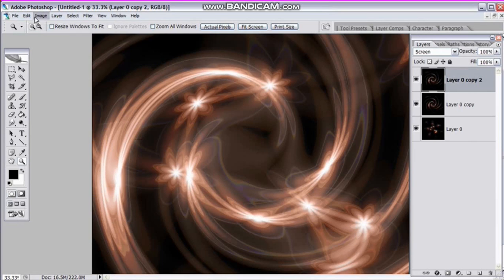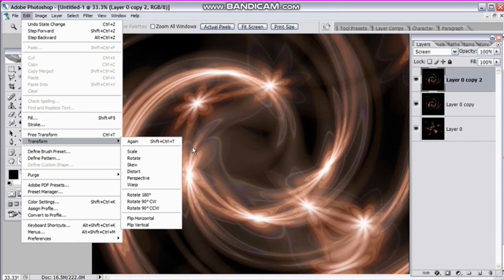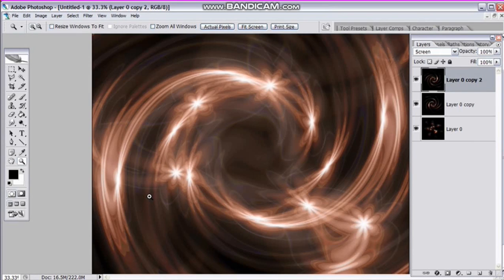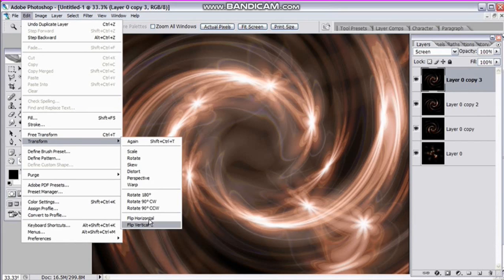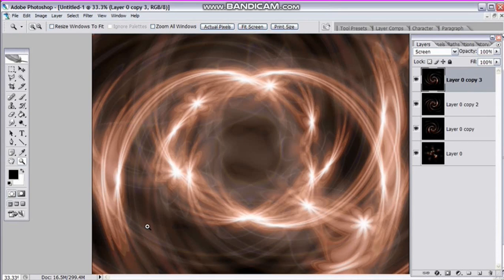Okay, so there's a lot of things you can do here. I'll rotate it 180 degrees. I'll go ahead and duplicate that, and then I can flip it vertical. Okay, so you can sort of see what I'm talking about. I mean, you can just keep going with this,